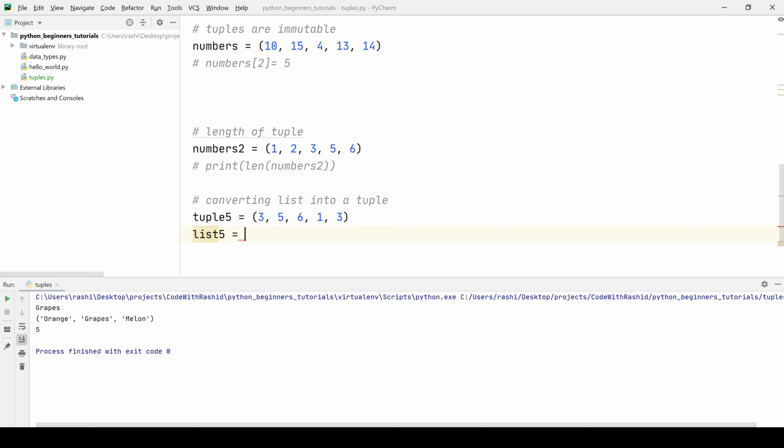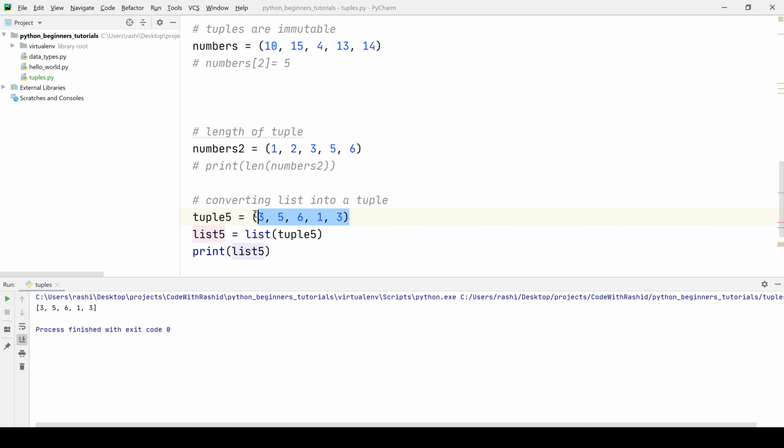List 5 is equal to, we can use the keyword list for that purpose, list and then tuple 5. So we can copy the value here and after converting into a list, we shall print the list 5. Let's run this program and guys see, we have converted this tuple into a list.